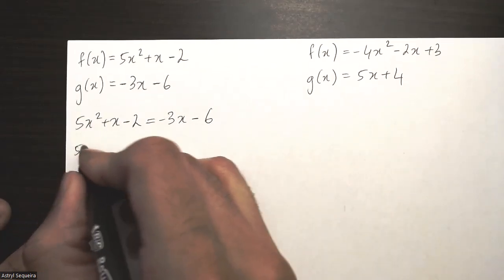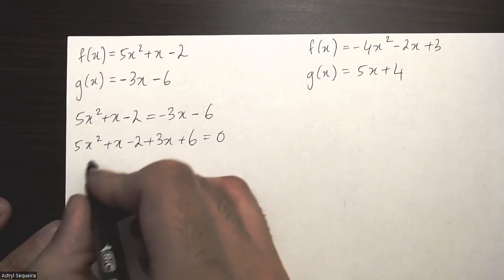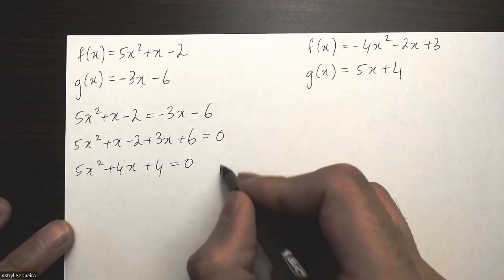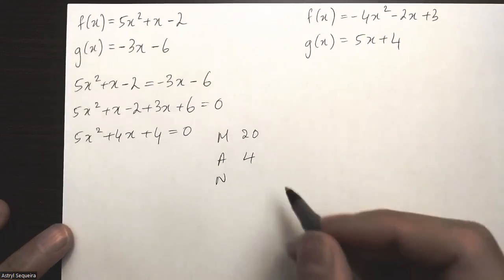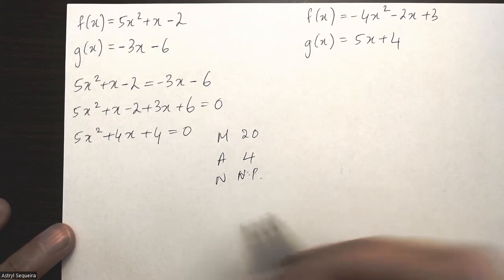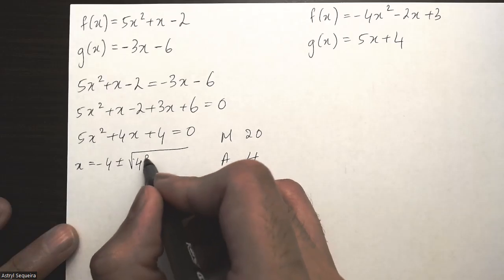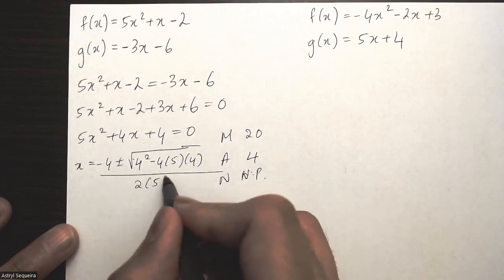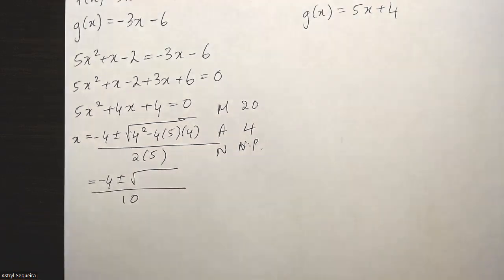Move these two terms to this side. Plus 3x plus 6 equals 0. I'll combine like terms. 5x squared plus 4x plus 4 equals 0. Let's try my man method. What multiplies to 20 and adds to 4? This is not possible. Again, so I'll go to my quadratic formula. Negative 4 plus or minus root of 4 squared minus 4 times 5 times 4 divided by 2 times 5. I'll do that calculation in my calculator. 4 squared minus 4 times 5 times 4 is